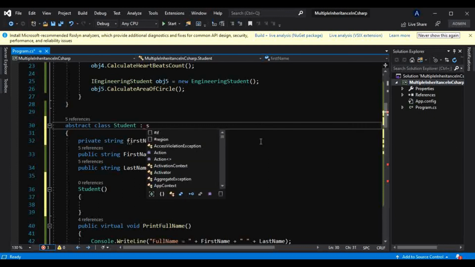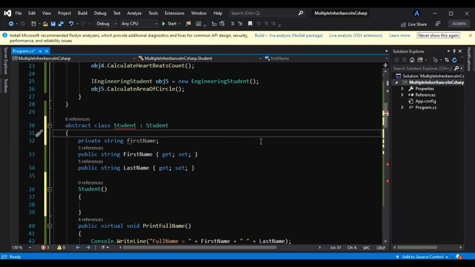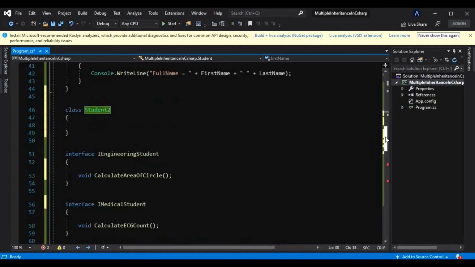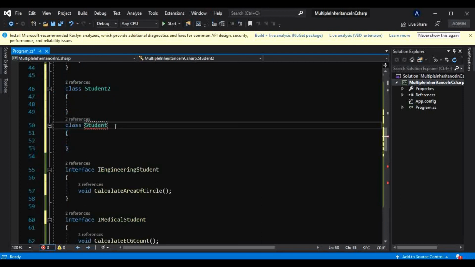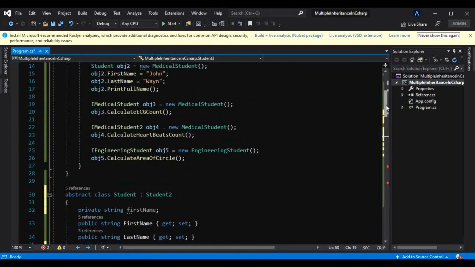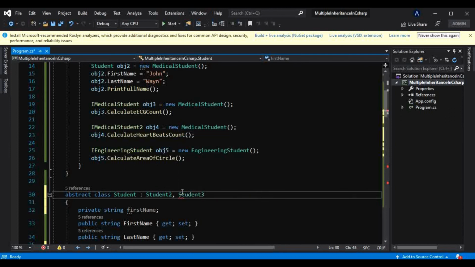If I try to inherit that from Student2, and let's just consider, and we have already seen that just now, there is one another class which is Student3, and if I try to inherit that, it will throw an error.